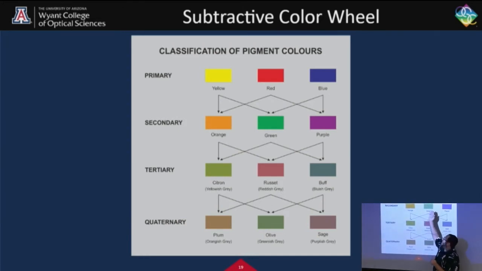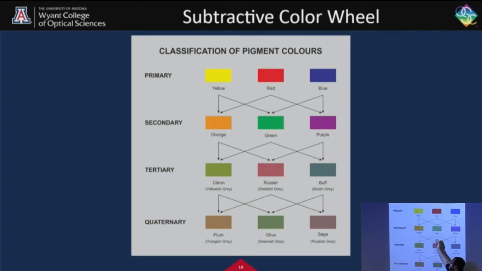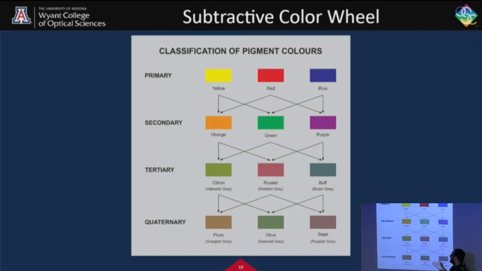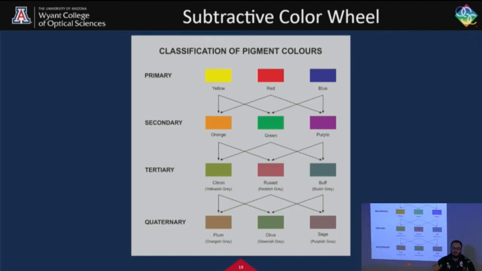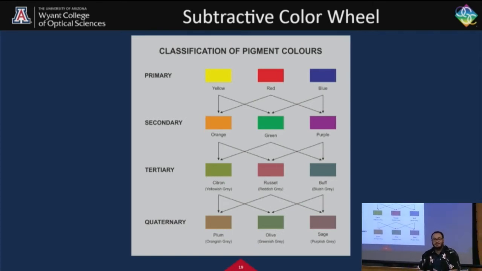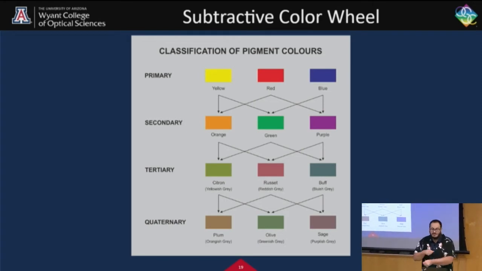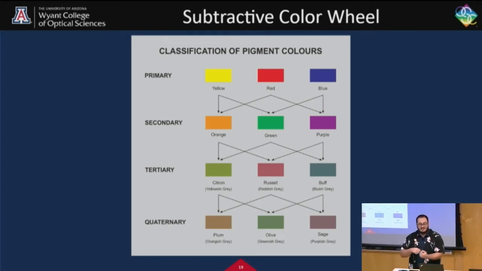So you start with your primary ones, your basic yellow, red, and green, or your yellow, red, and blue. Then you move to your orange, green, and purple. And then you start getting into your more grayish colors down here. But we're not super interested in those grayish colors, because when you mix more and more colors together, it gets darker. So if you have a lot of paint just lying around and you start mixing them all up together, it starts to turn into this brownish, blackish sludge that you wouldn't really want to use in any kind of